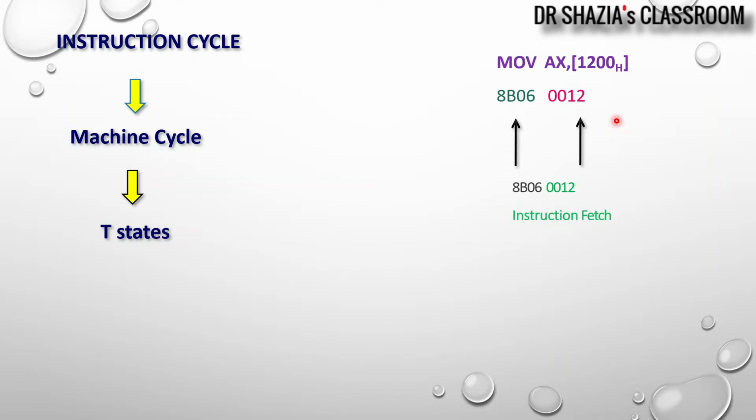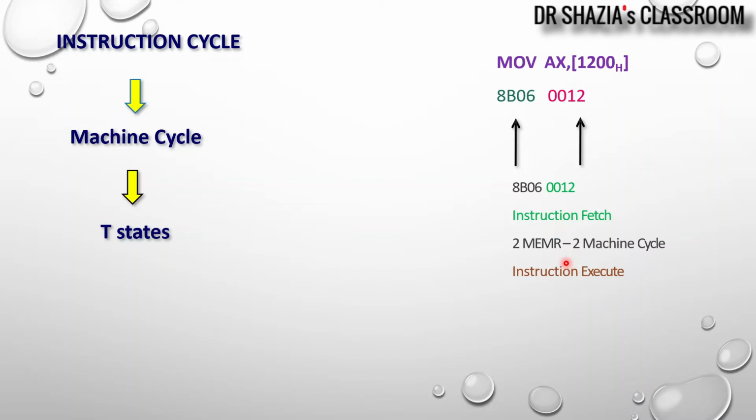So here we have given how many machine cycles will be required to execute this instruction. The first thing the processor is going to do is fetch the instruction, and to fetch this particular instruction it requires two machine cycles. Because of 32 bits it requires two machine cycles, and we will know what type of machine cycle it would be. As fetching is reading the data from the code segment or from the memory, we are going to use a memory read type of machine cycle. So, instruction fetch requires two memory read bus cycles.